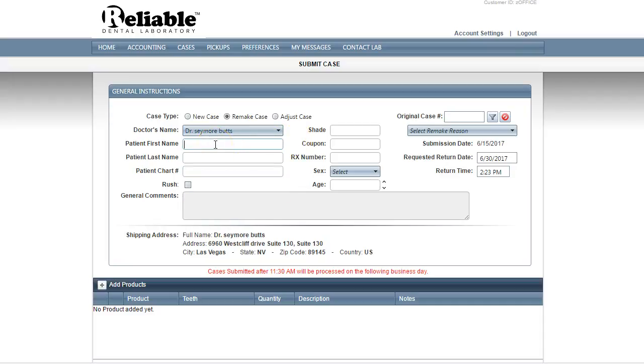We do ask that you give us the name. If you have the patient's chart, you can utilize that information from Dentrix. We do ask for a shade every single time unless it's a custom shade. If it's a custom shade, we do ask in general comments that you let us know. If you have a coupon, we ask that you put the coupon number inside of the coupon box. And the RX number, we do ask that either you utilize your Dentrix to use the RX number,